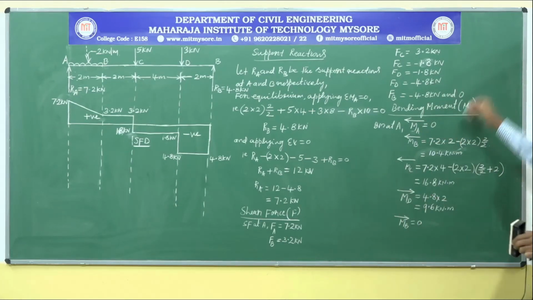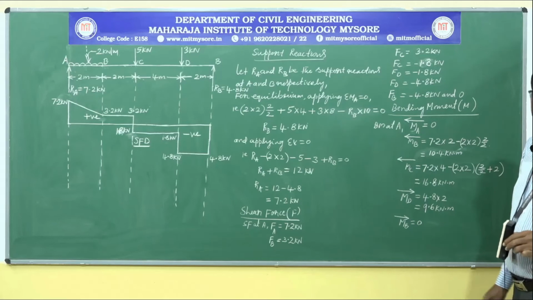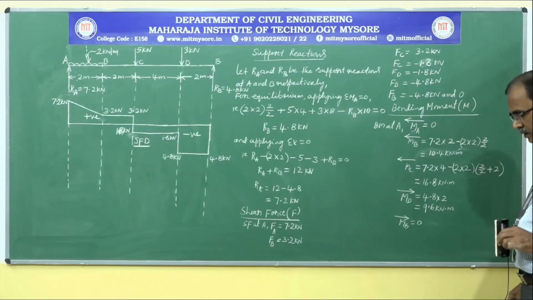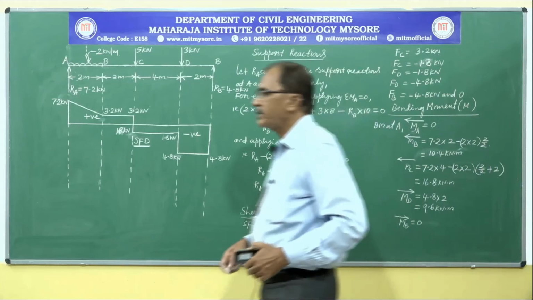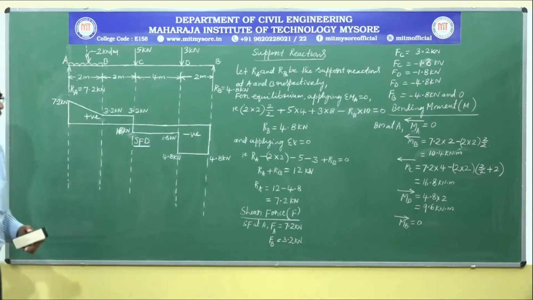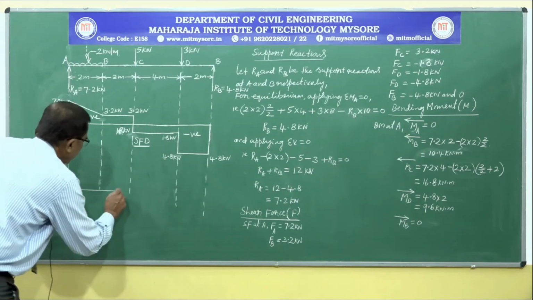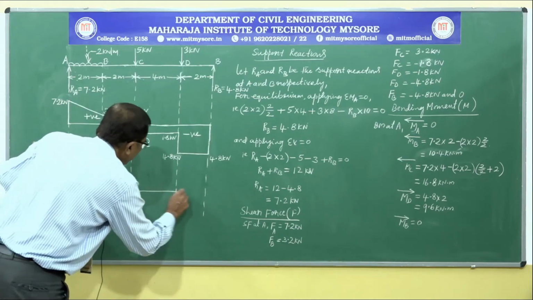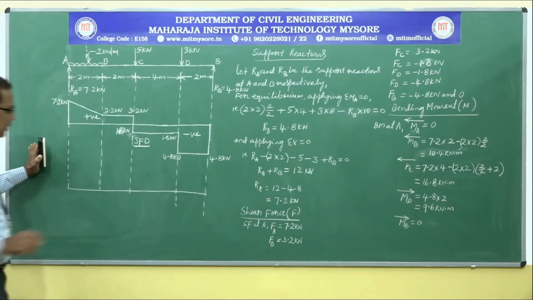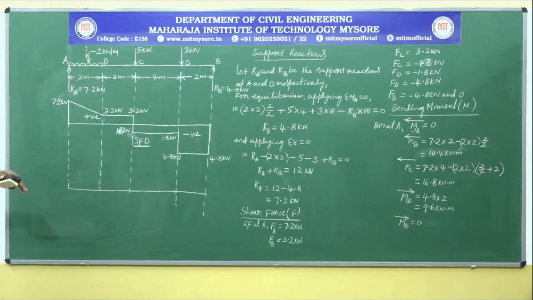So like this we can calculate bending moments at various points, particularly salient points. After calculating bending moments at salient points, we can comfortably draw the bending moment diagram. To draw the bending moment diagram, again let us draw a reference line leaving sufficient space above and below to mark the values. Again here also, values above the reference line are treated as positive and values below the reference line are treated as negative.